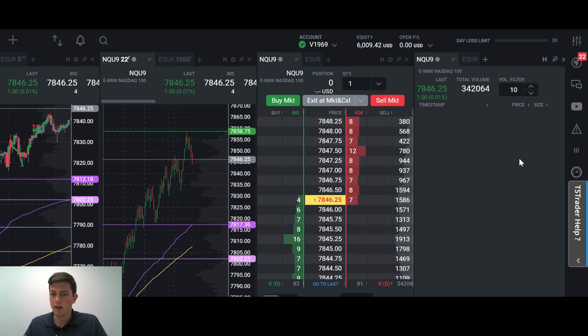But it wasn't enough to where I was panicked, right? Typically, I'll immediately exit when I see like an 80 or 90 position order get filled, especially without slippage or something. So there was like a wall there or something. So anyways, with all of the things that were flashing up on this 10 filter, meaning that it was only showing me orders that were 10 contracts or greater, there was a 340